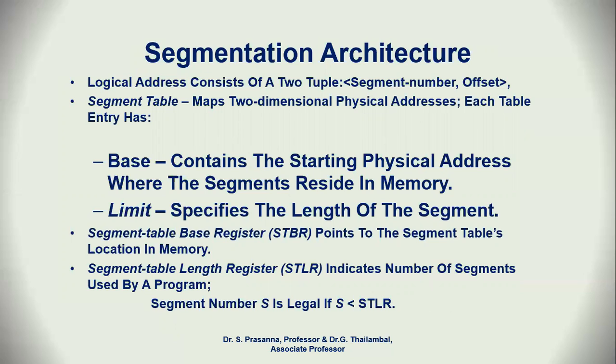So a two-tuple is used in segmentation architecture: the segment number and the offset. You also have a segment table for mapping the logical address of the segments to the physical address. And you also use two registers, as you did in paging: the segment table base register and the segment table length register. The segment table base register holds the starting address of your segment table, and the segment table length register